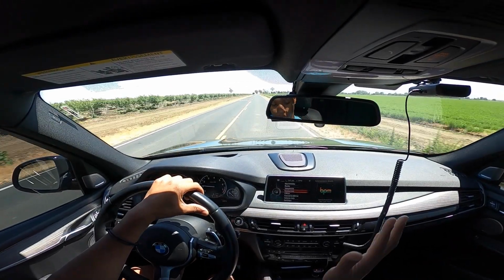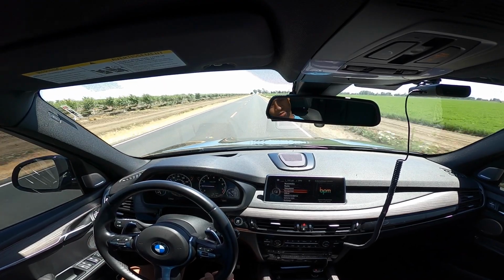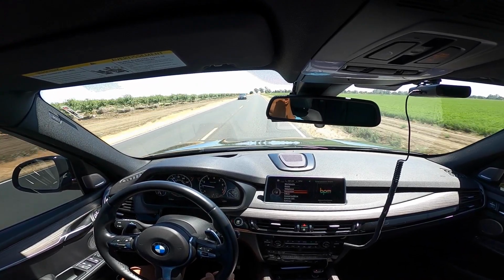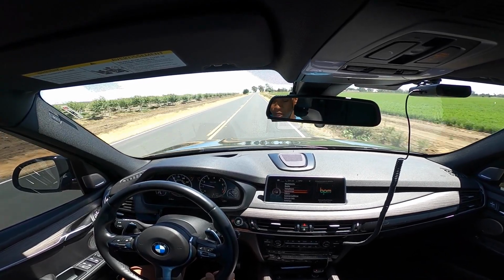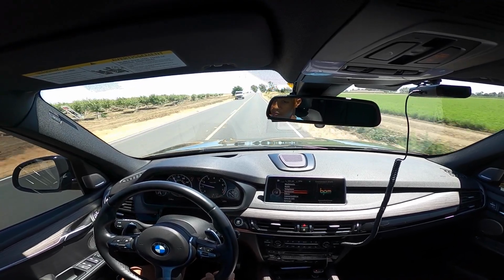So this is my first time using a good quality radar detector. I've had one in the past, an older one I bought at Target. It was like a Cobra. This was like 12 years ago. I used that traveling, but then it became obsolete pretty quickly. It wasn't that expensive. And I felt like